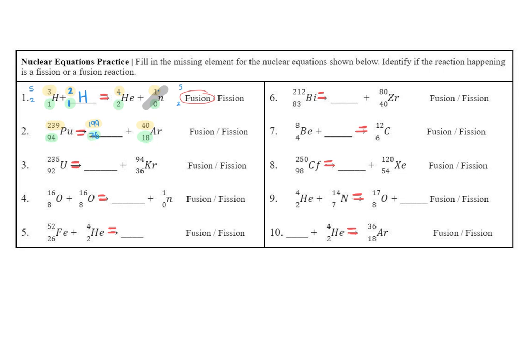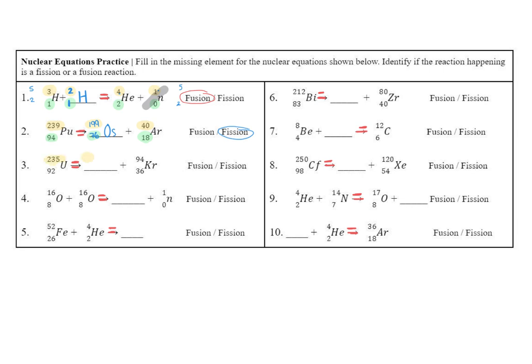Yes, it is. Now, here's the tricky part. We need to use these numbers to find the element. It's the green bottom number, the number of protons. So there's only one element on the periodic table that also has 76 protons, and that's Os, osmium. Okay? Now, here's what I see. We started with one big nucleus, and it broke into two smaller nuclei. That is called fission, when it breaks into smaller pieces. Okay? Let's try this one.